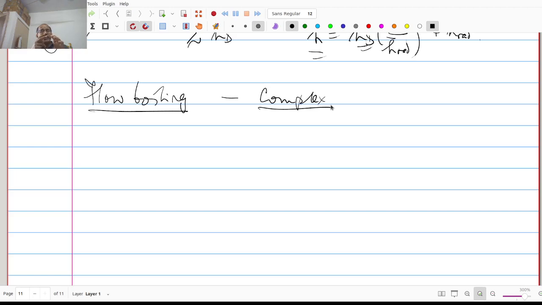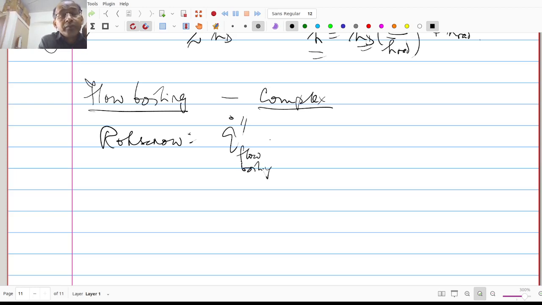So you can use the nucleate boiling heat transfer coefficient as per, let's say, the Rohsenow correlation, and on top of it, the forced convection flow through a pipe, if the flow is turbulent, you use the Dittus-Boelter equation. So you calculate the heat flux because of nucleate boiling, and you calculate the heat flux because of forced convection single phase flow of the same liquid, and you just add the two together. Rohsenow said that gives you an approximation, which is good. So he says Q dot double prime in flow boiling is approximately equal to,